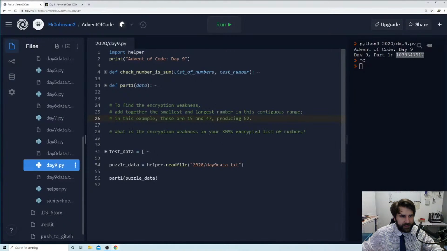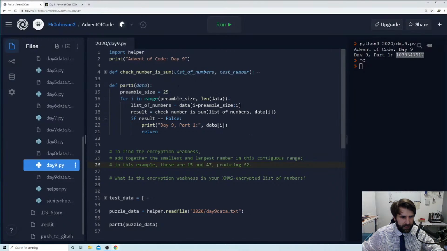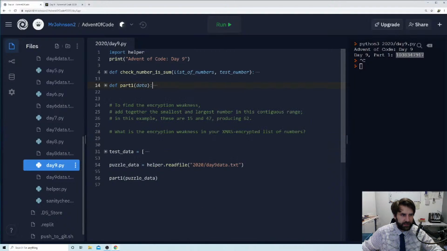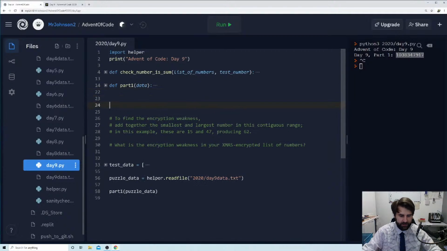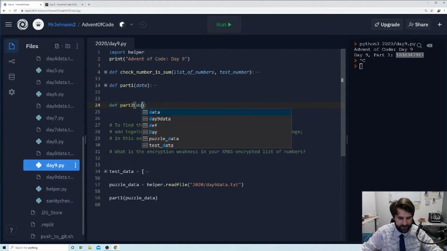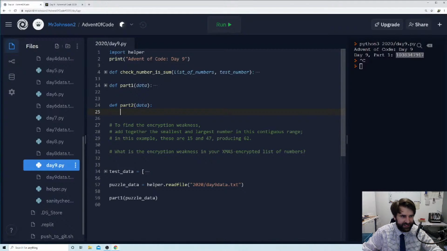So we found this. So part 2 actually relies on getting the number from part 1. So in part 1 here, what I want to do is return data I, and then we can use that in part 2. So I'm going to say def part 2, and we are going to say what happens when we run part 2. Well, we want to be given the data so that we can run part 1, and we are going to then say our what is it?